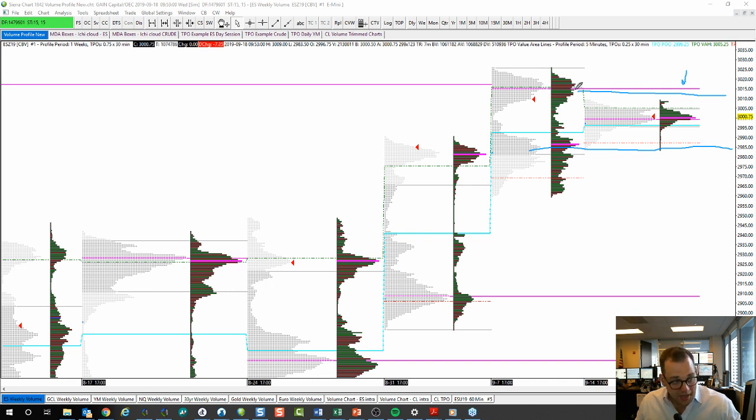This pink bar is continuing to run because it's the point of control of a weekly session, and it's not been touched yet. Price has not traded in that. It's called a naked POC, which means I'm keeping things PG here. I won't tell you the real reason. Just kidding. It hasn't been tested yet. And when you start moving to the hard right edge, you see these POC levels here that are just continuing to run. And they haven't been tested yet.